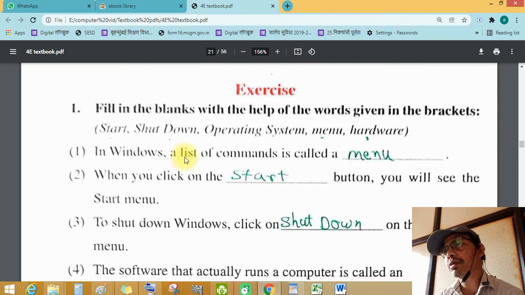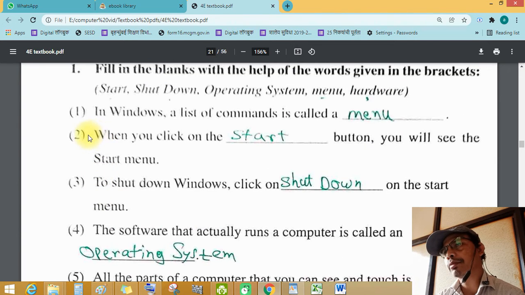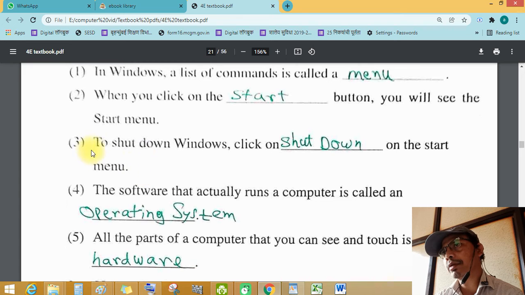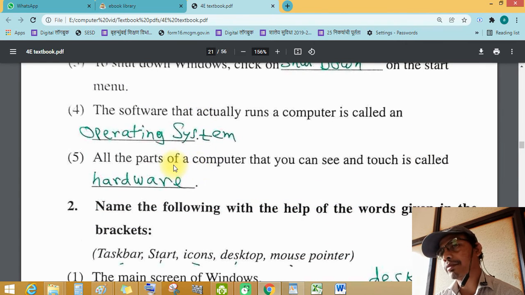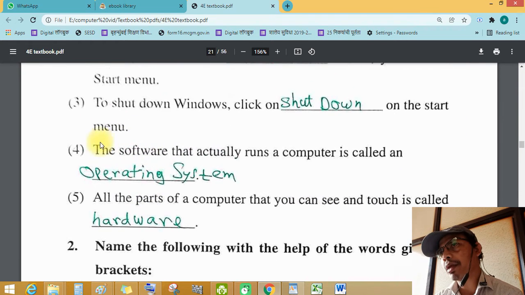In Windows, a list of commands is called menus. Second, when you click on the start button. Third, to shut down Windows, click on shutdown. Then all the parts of a computer you can see and touch are called hardware. The software that actually runs the computer is called the operating system.